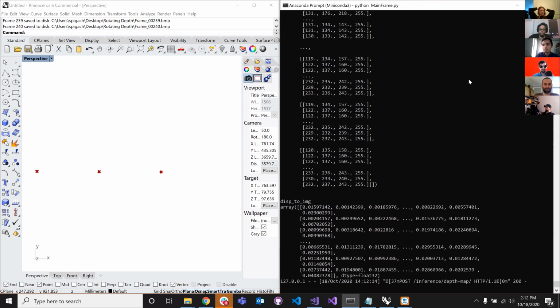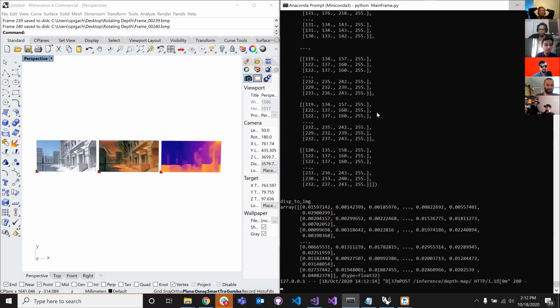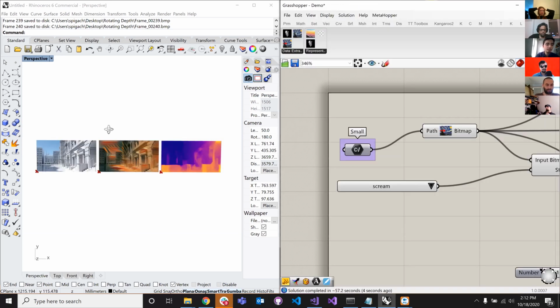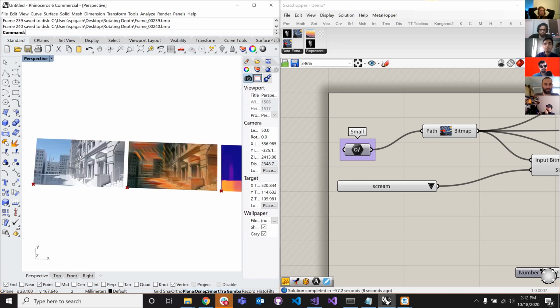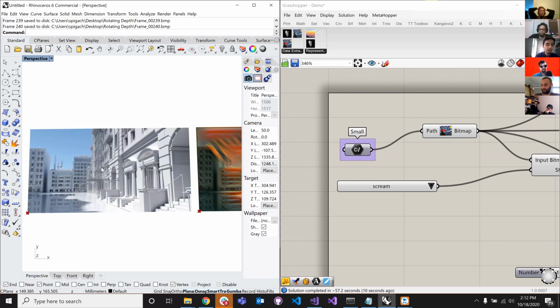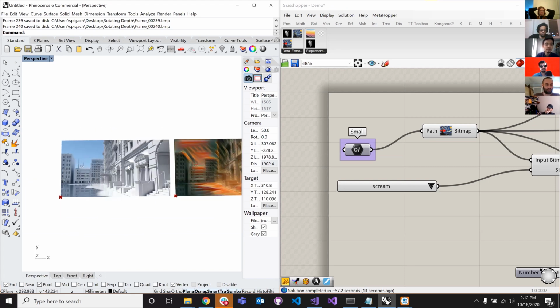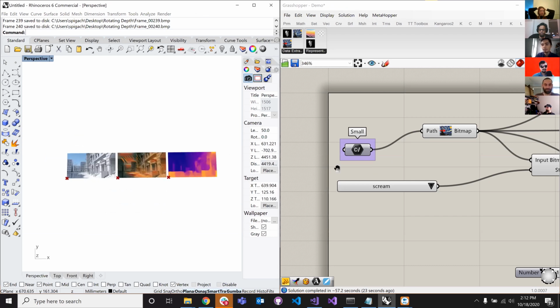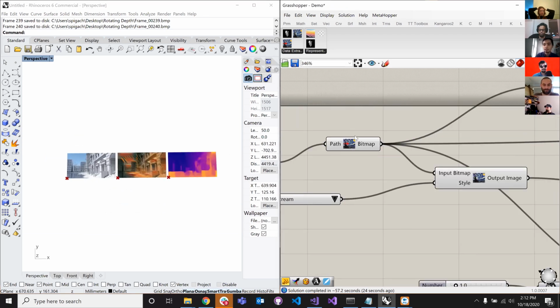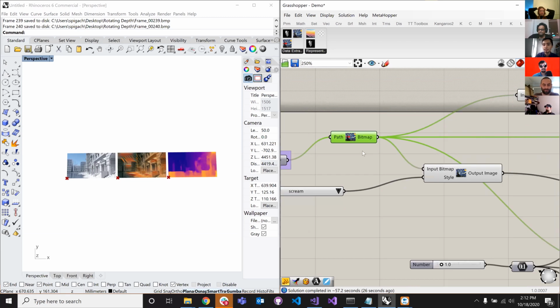Yeah. So what happened here, right? Originally we have just a generic picture that can be anything, preferably based on the checkpoints in the datasets that we've been using, something related to either everyday objects or architecture. And then we have some utility components to pull a bitmap out of this image.